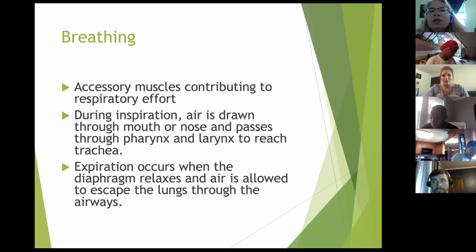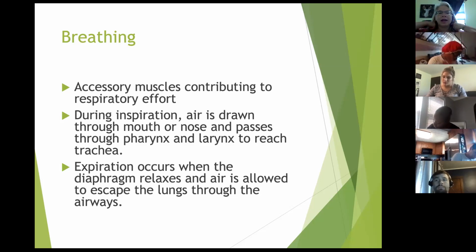Okay, so for those of you that have children, if your young child is having a lot of problem breathing, what do you see moving? Their chest. Well, yeah, their chest, but what about their abdomens? Don't they start to tummy breathe a lot when they're struggling? You may see,